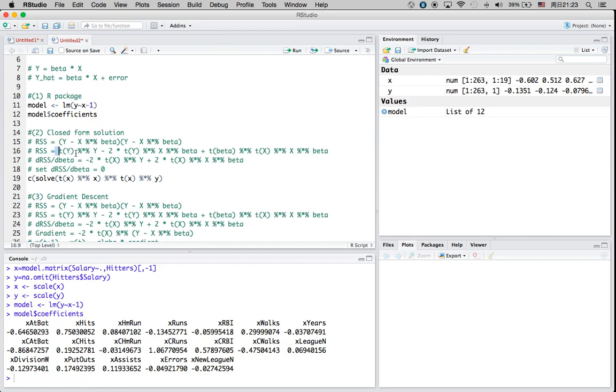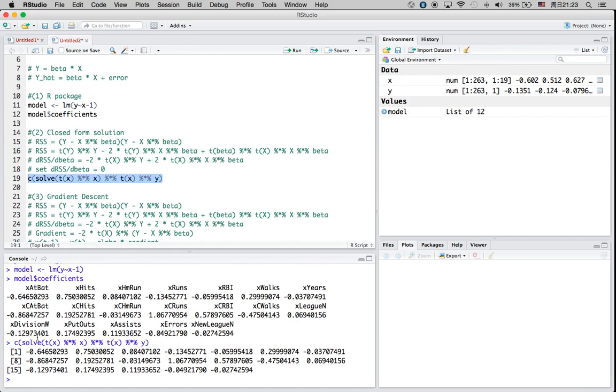After I expand the multiplication, I get this one here, and then by taking the derivative with respect to beta, I will get this equation here. By setting the first order derivative equal to 0, we can separate out beta. So beta is basically x transpose x, take the inverse, and then multiply by x transpose multiplied by y. So here, if I run this code, you will see that